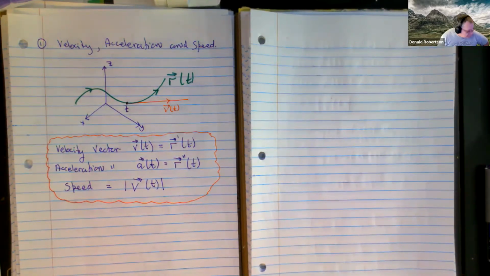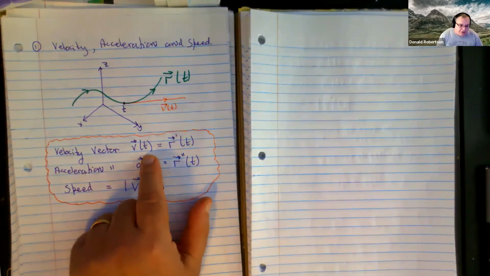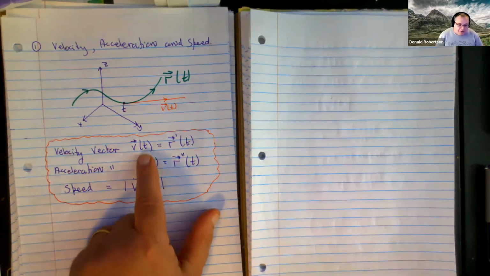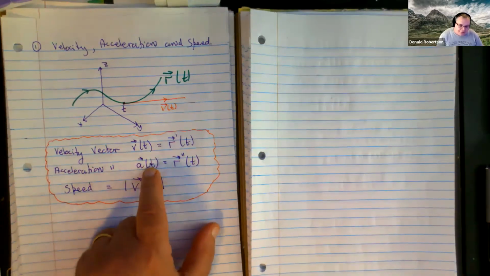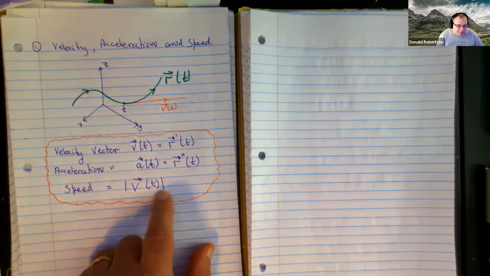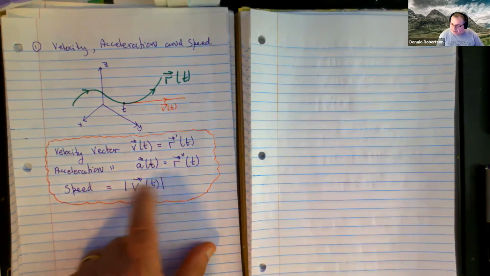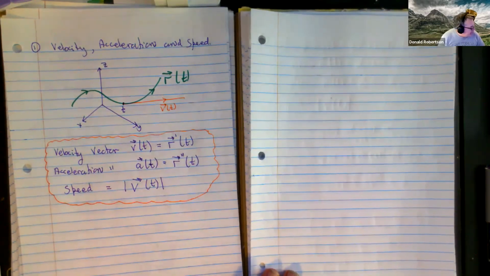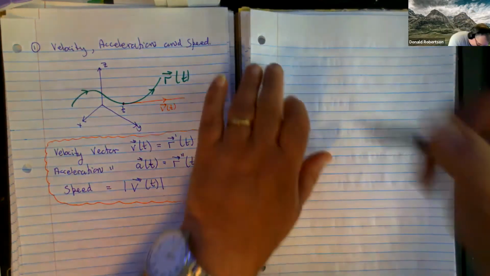Okay, that's our first guy in town, right? Are we comfortable that if I give you a space curve R of t, that you know the math to get the velocity, the acceleration, and finally the speed? And the style points, if there are going to be any, will probably end up in the speeds, right? Because when you differentiate these, there's not much you can do to them. So the next one